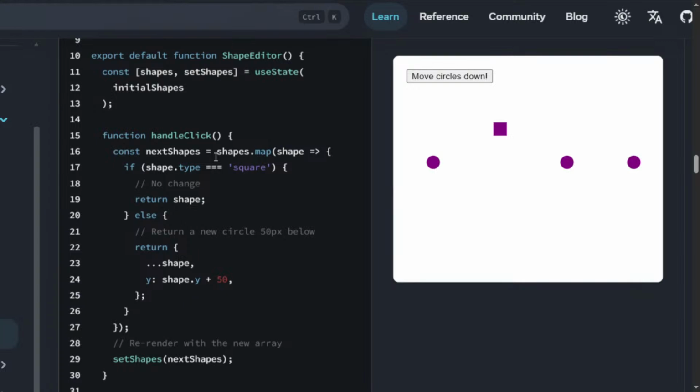Actually, it's going to create new positions for all the shapes, like shapes.map,